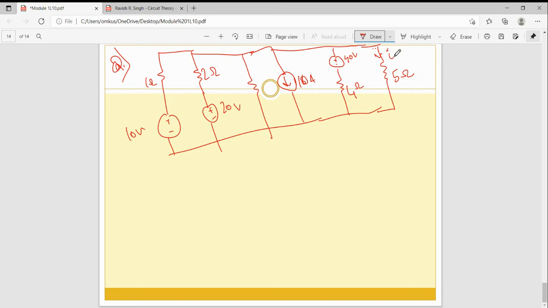You need to find the value of I here. So use this Milliman's theorem. I have written the final value of I, right? This is your homework problem. Try to solve it with this theorem. By using this theorem, you need to reduce this into a single voltage source in series with resistance, and for that you need to convert this current source into a voltage source, right? I hope I specified all parameters here. Yes, you can solve this problem and match your answer. This is your value of current, that is 1.75 ampere.